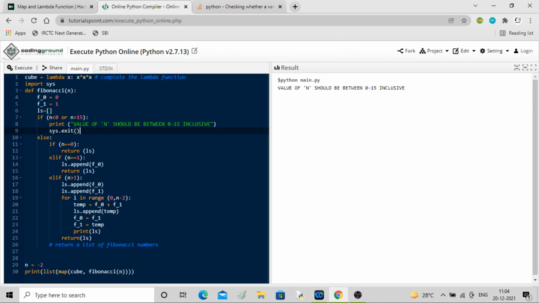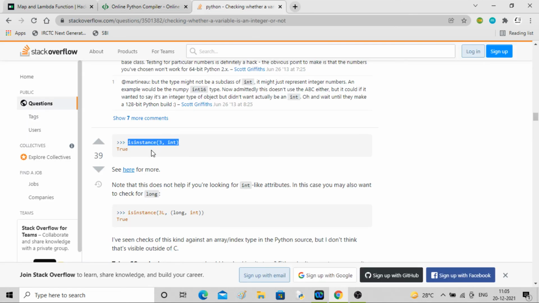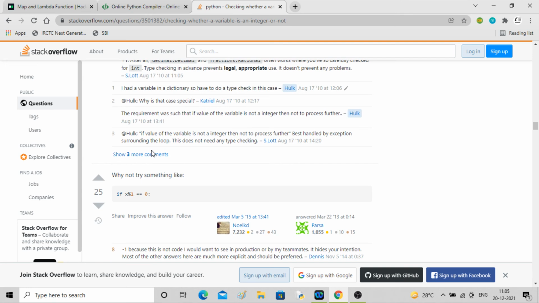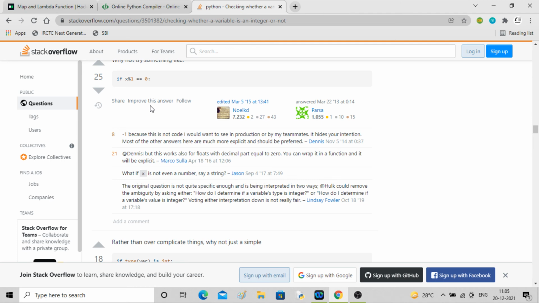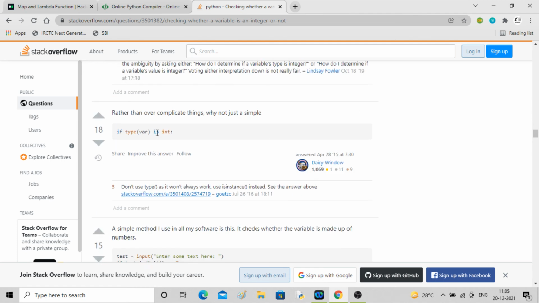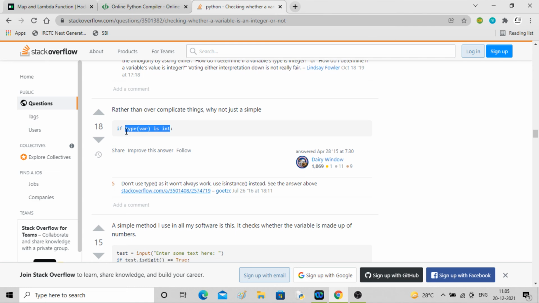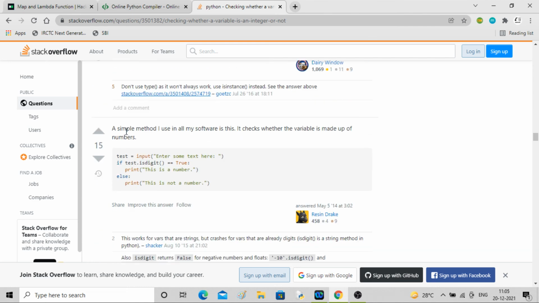Or we have to check the type of the variable: if it is not equal to int.